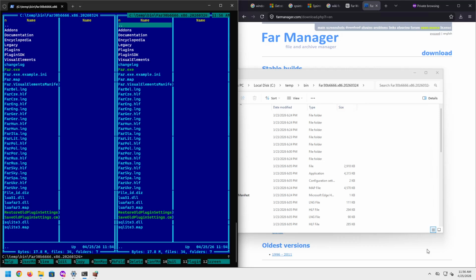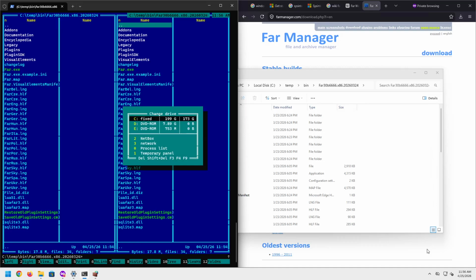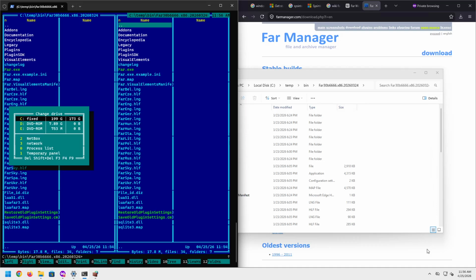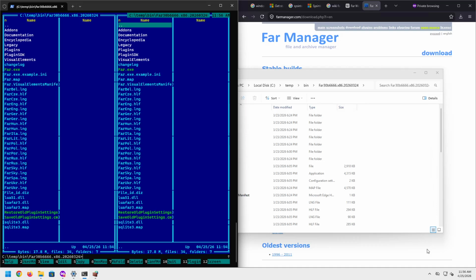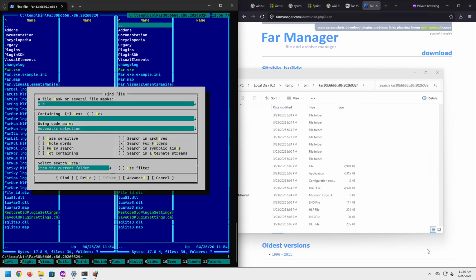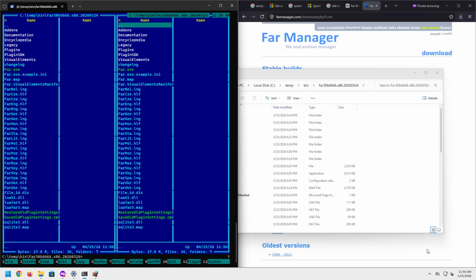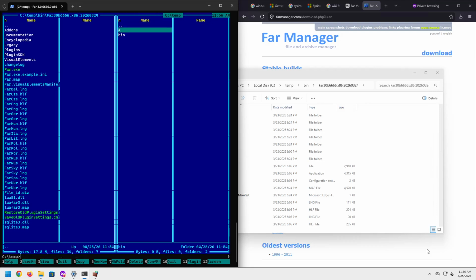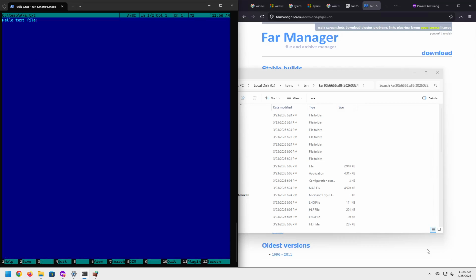Tab works. Alt F2 works. Alt F1 works. Alt F7 works. Let's go to the directory where we created our temporary file, c:\temp\a, and then the file is a.txt. F3, the viewer, works. F4, the editor